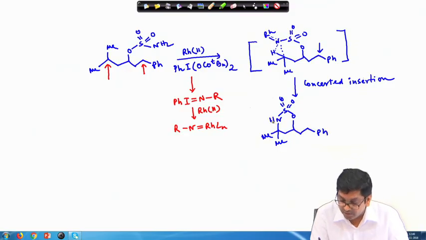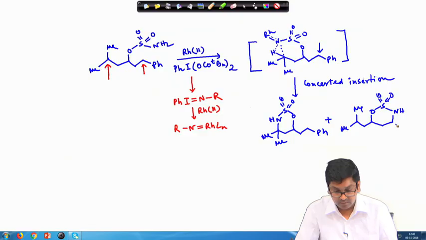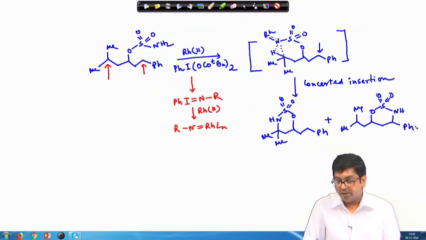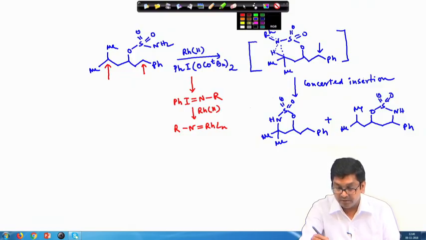So, this will be this product, plus what will happen, the insertion can happen at the different benzylic place, okay. And the ratio between these two products will be